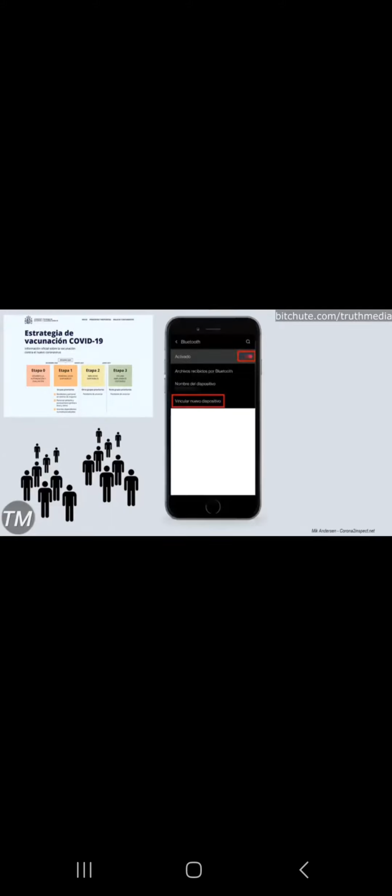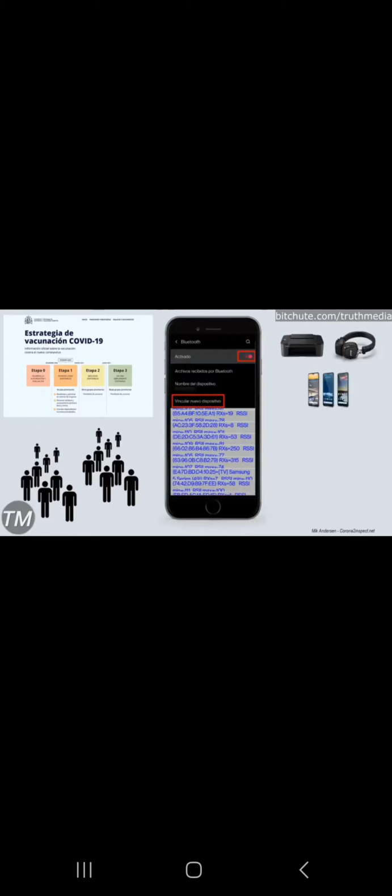How was it discovered? After the mass population vaccination program began, many people found that when they turned on their phone's Bluetooth, in order to pair another device, a long list of anonymous MAC addresses appeared, which did not seem to correspond to known devices. They were not printers, headsets, or other phones. They were simply dynamic or variable MAC addresses, whose broadcast period was also variable.